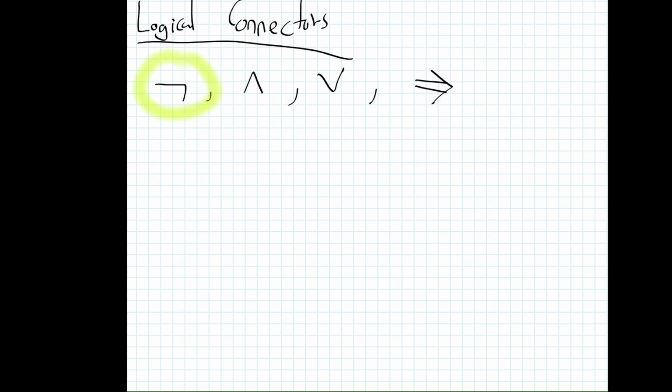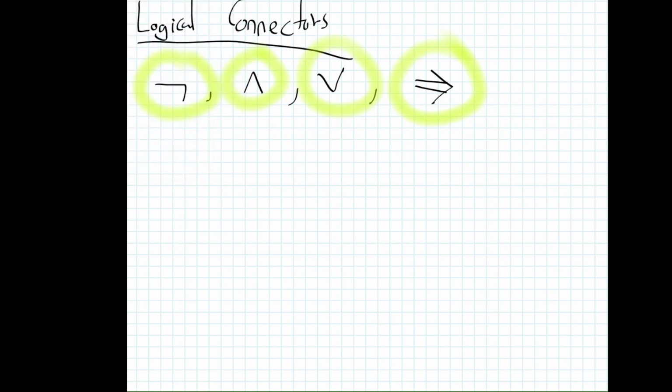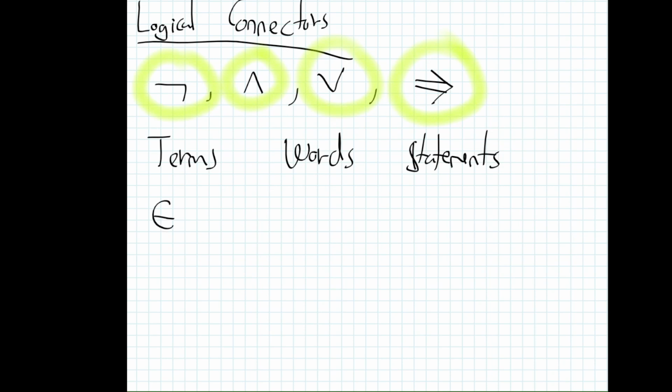And those are merely instruments in compounding terms, or let's say words, statements, and expressions,